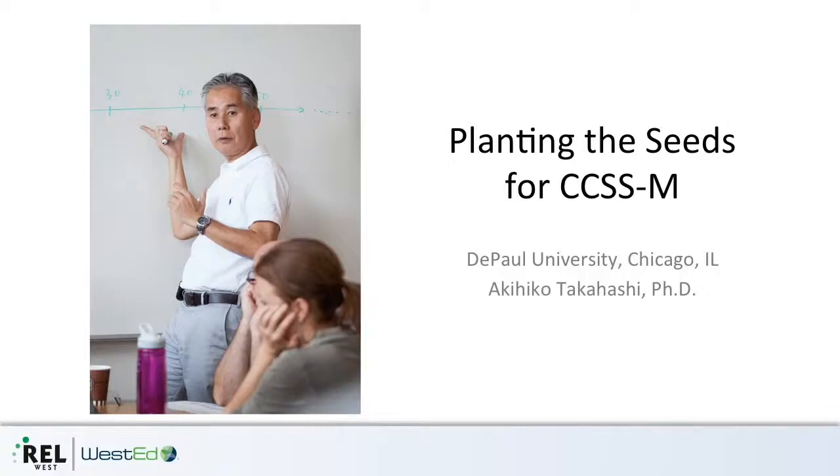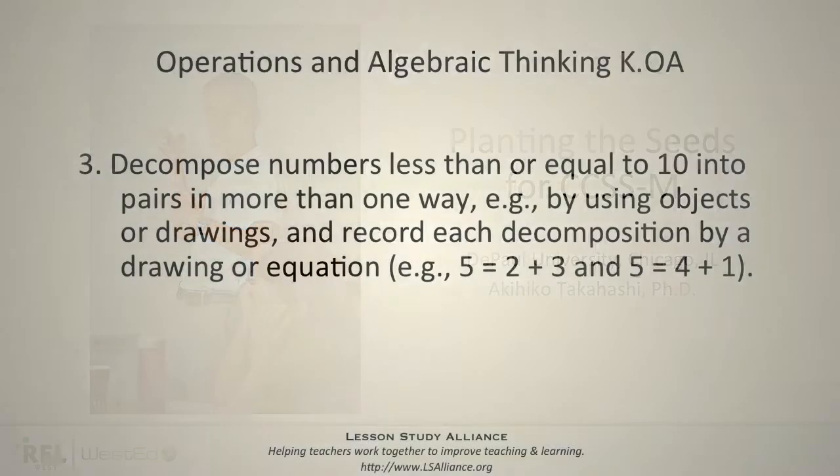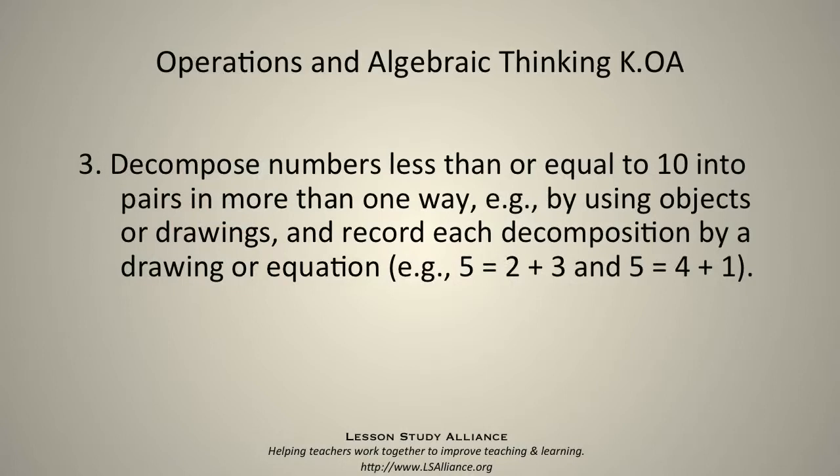So this is K.OA. That is in the kindergarten, which is talk about cardinality of the number. And then help students to see the variety of, like if it's 7, it's 5 and 2, or 3 and 4, 1 and 6, rather than just ordinality. If you only know the ordinal number, the 7 is after 6 and before 8, that's it. However, if you see this systematizing, and also the cardinality, we understand you can